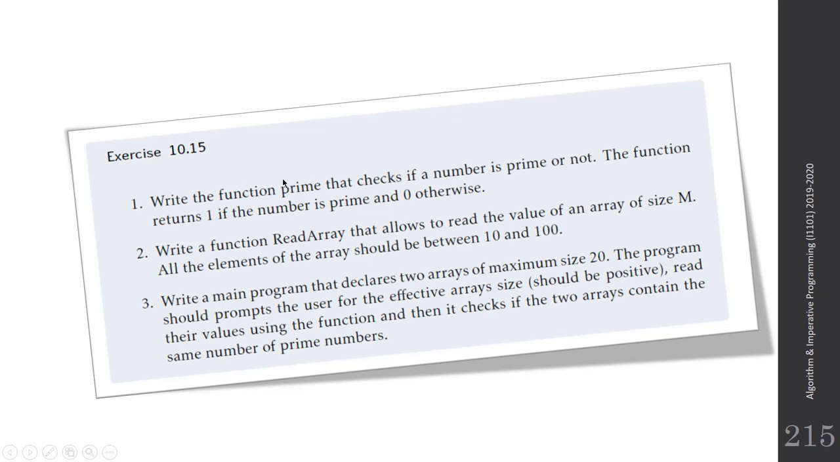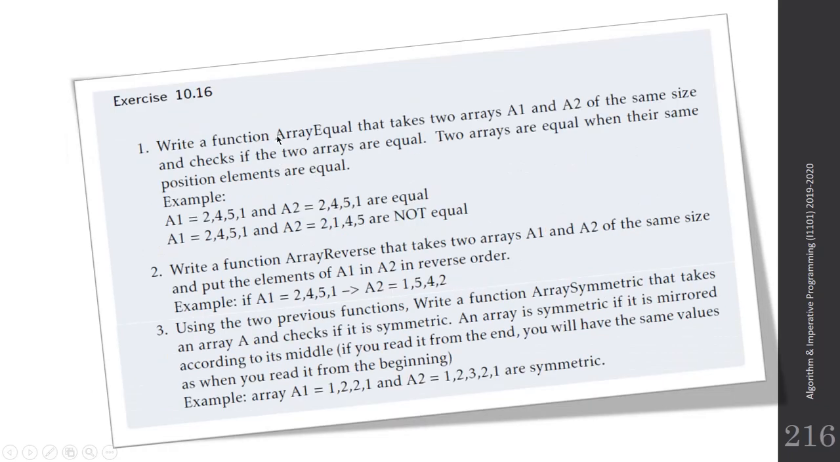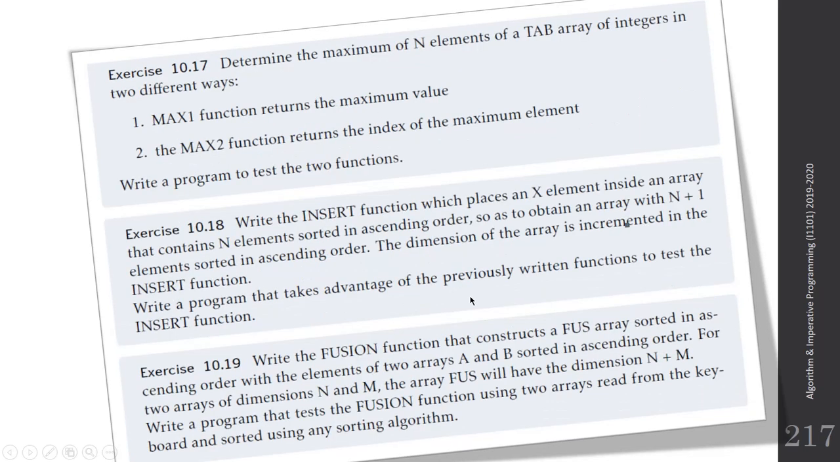For exercise 15, it's about prime numbers, and it's related to arrays, and we need to count the number of prime numbers. So we already know how to do that. And then we have the equality between arrays, so we need to check if they are equal and symmetric. And then we have the sorting exercises, which is to find the maximum and minimum in the array, do the insertion into a sorted array, and then to fuse the arrays. So we already solved that. However, we'll be doing that using